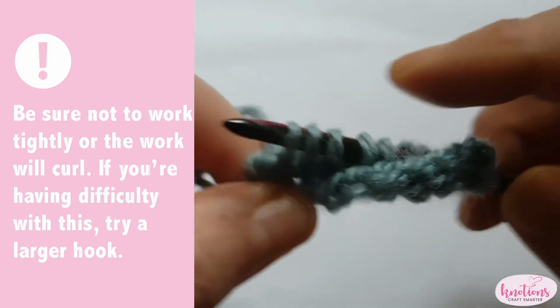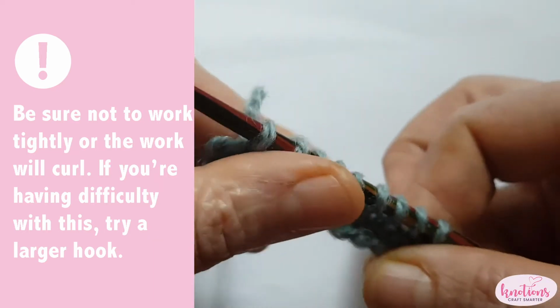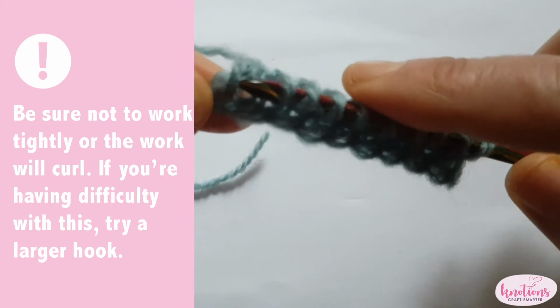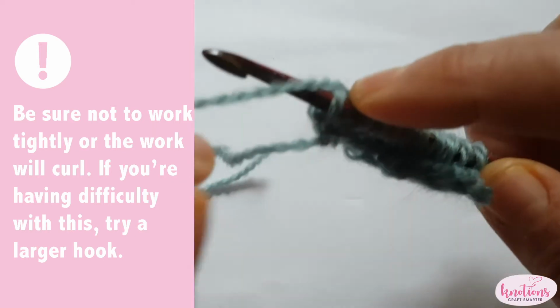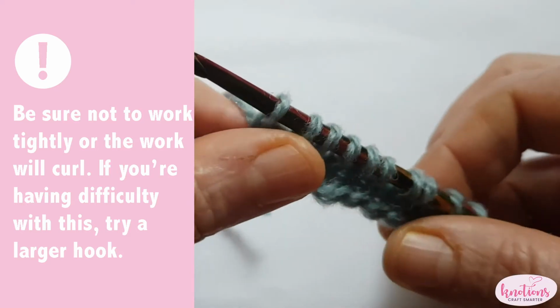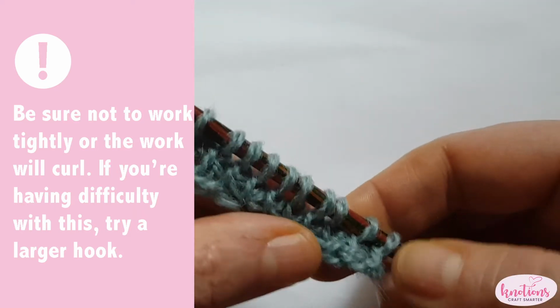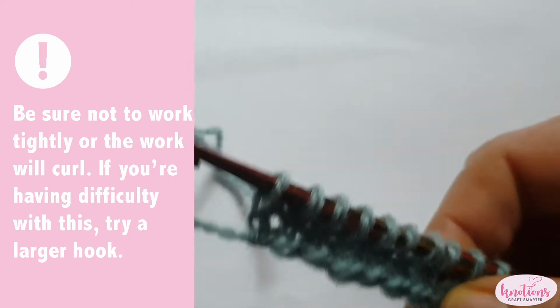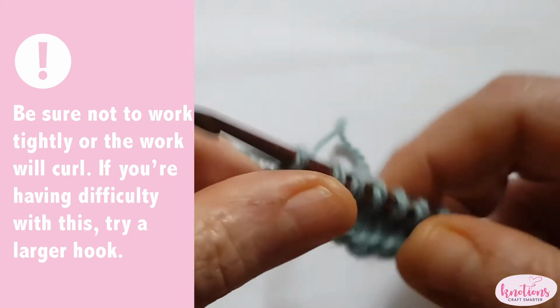Try not to work too tight with Tunisian crochet because it has a tendency to curl up when you work very tight, and if you see that it curls up a lot, you might want to go up a hook size. So there we go, Tunisian Simple Stitch all the way till the end,